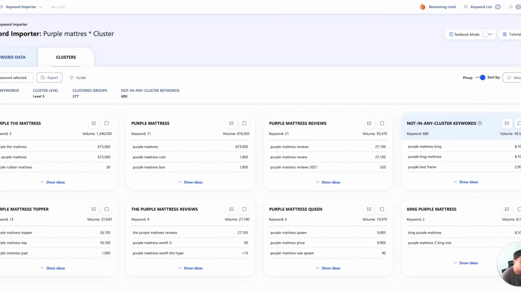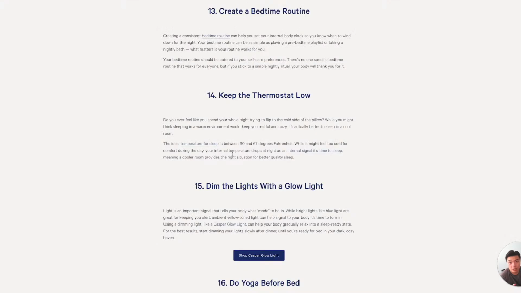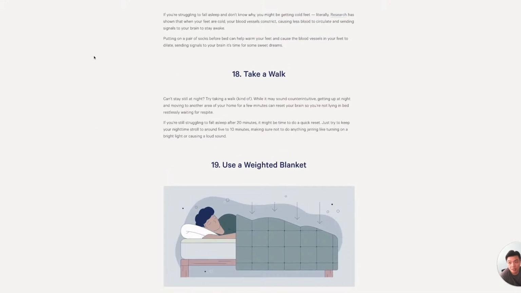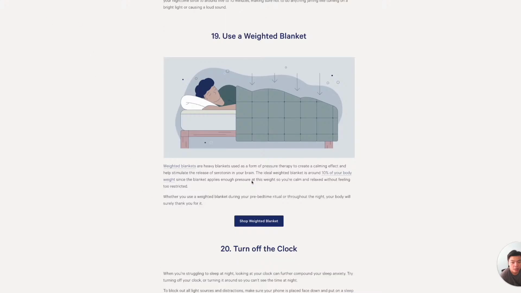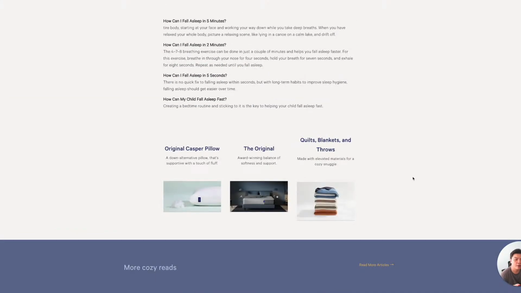I think one of the things you can learn from is to look at Casper or Purple. I think Casper does a really good job organizing their pillar pages and their product pages. As you can see, they write about how to fall asleep, for example. This is their blog page, blog/how to fall asleep. But then, this is where you want to see, your product page should definitely be brand demand, because it directly pulls on your brand, and it has the highest potential conversion,